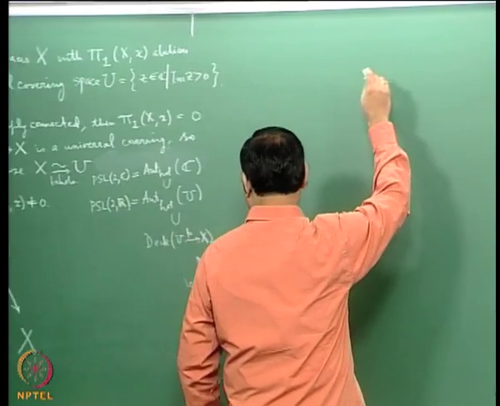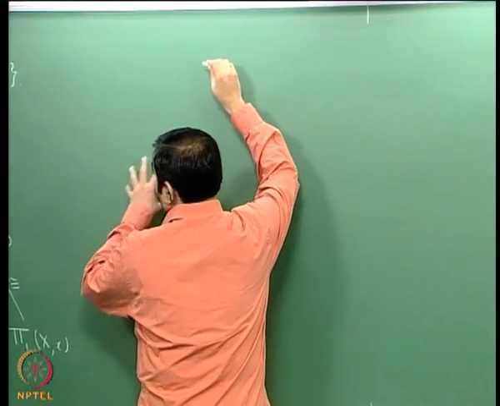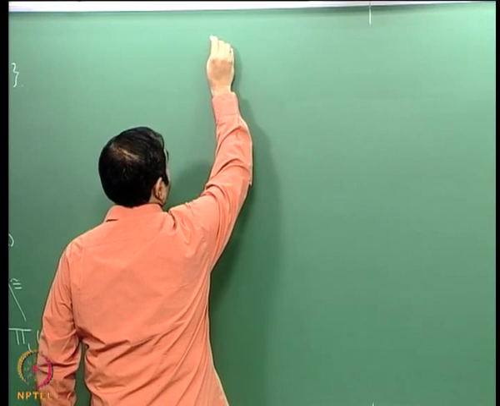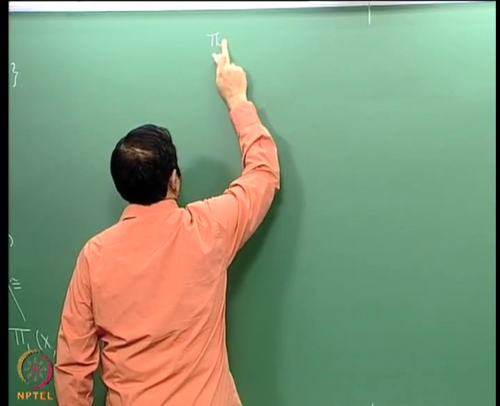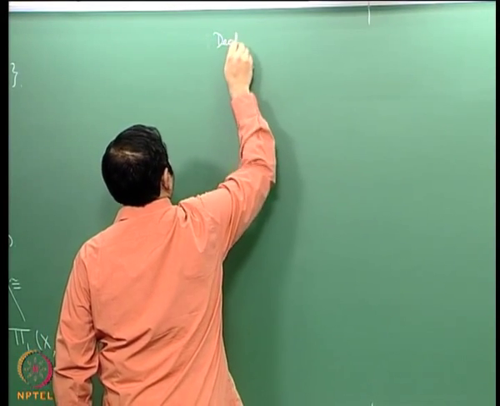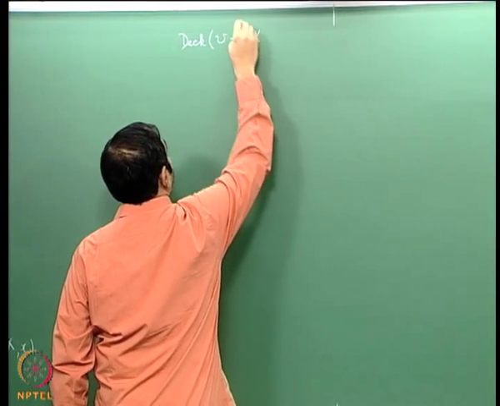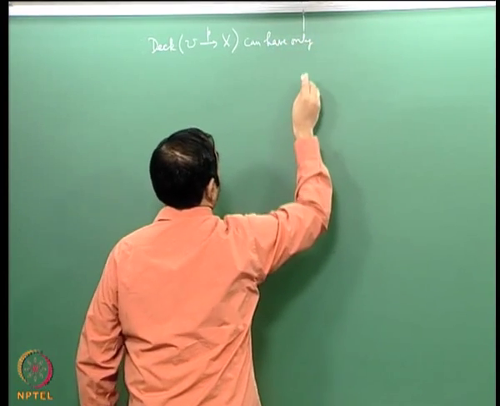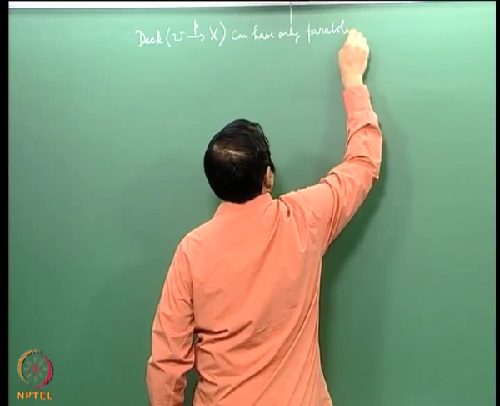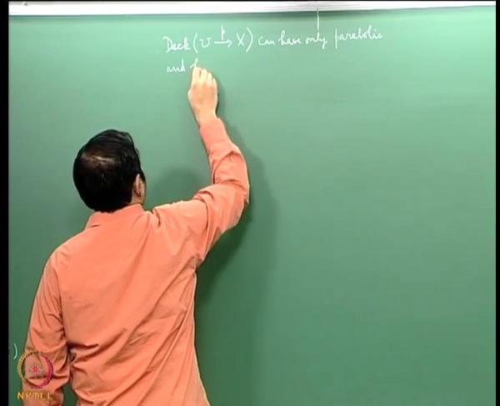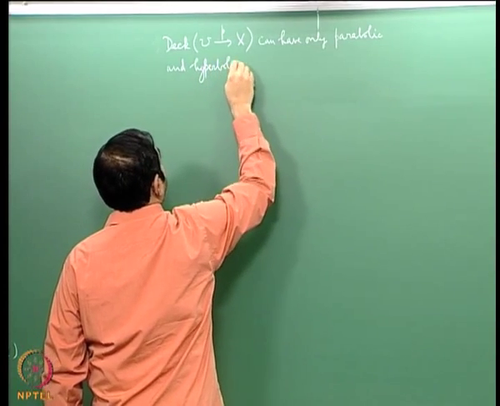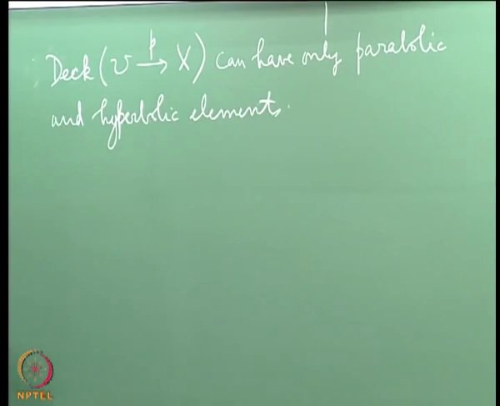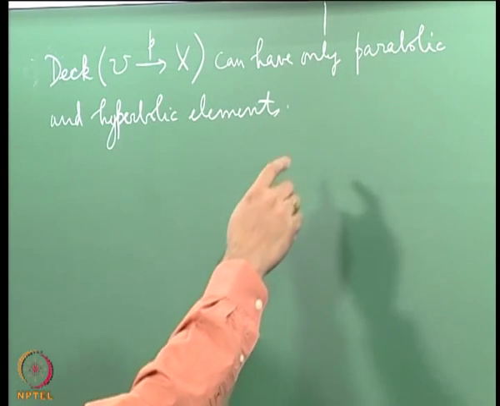So let me write that down here, because I want space for some more to extend this diagram. So there are deck transformations, Deck(U), which can have only parabolic and hyperbolic elements. Okay, so this is what we have from the last lecture, and you see I claim that because of this